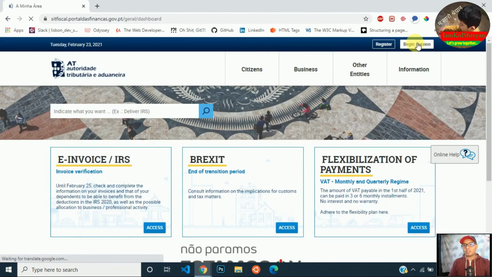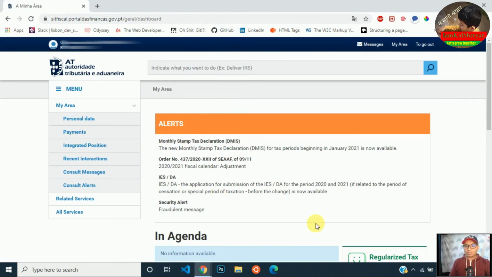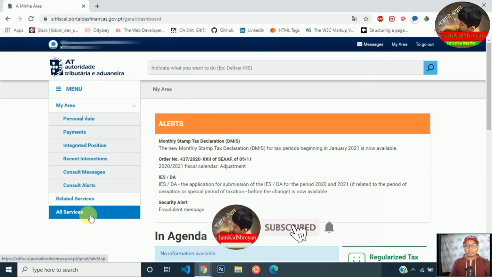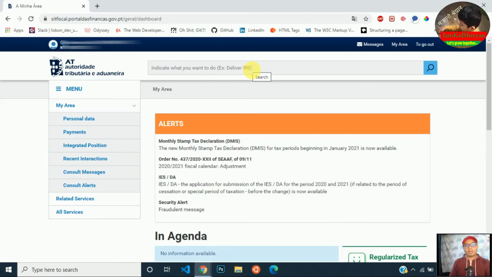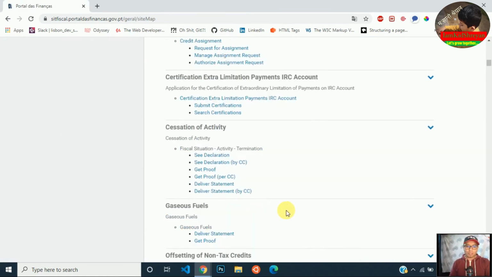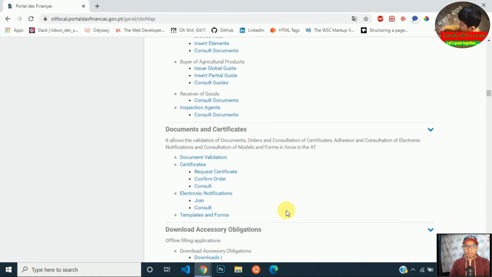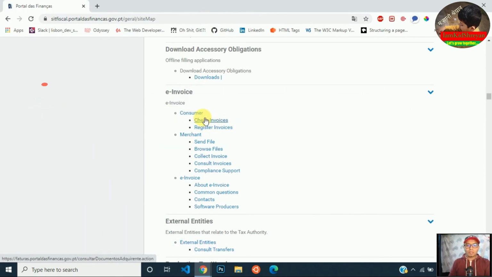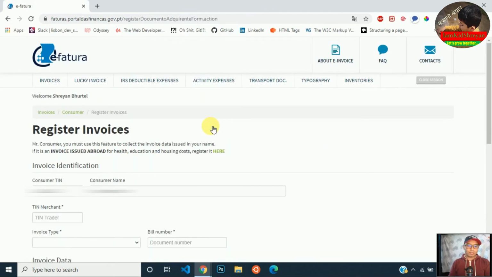Now the next option is to click on begin session. Go here. Then it is also the same. If you are not logged in before, then you have to log in. Otherwise you can see this option and either go from all services, or you can go up and search for e-Fatura and follow the procedure like we followed before. Go from there. Then you have to go a little down and look for e-invoices or e-Fatura. In this part, there are two options: check invoices and register invoices. Check invoices is to verify the invoices, and register invoices is to register a new invoice. Click here. Then the process is exactly the same which we did before.